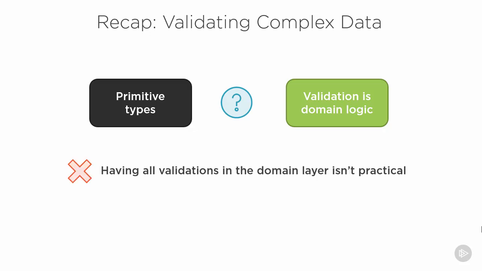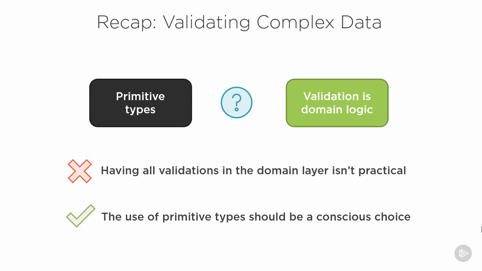Having all, even the simplest validation rules in the domain layer is the ideal, but that ideal requires investment that might not be practical in your particular situation. And so be pragmatic about this decision of where to put those validation rules, but make sure that this decision is a conscious choice. If you decide to put validation rules to a Fluent validation class, don't rationalize this decision